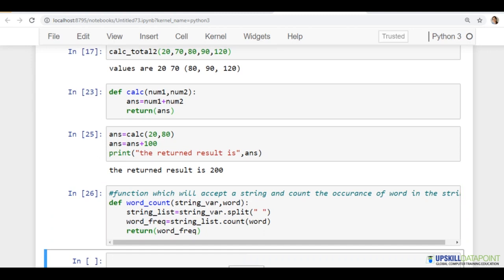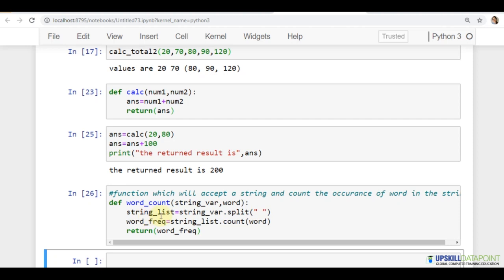So here I have made basically a function which is going to accept from you a string and the word which you want to count inside this particular string. But first I need to split the string wherever spaces are there, so I can separate out the words, and I store it inside a string list.